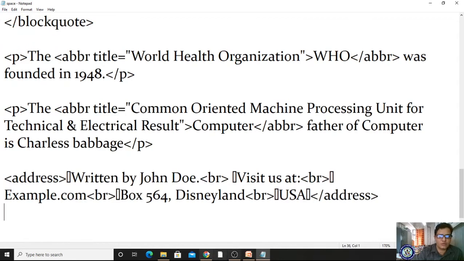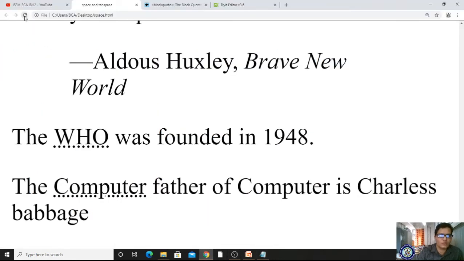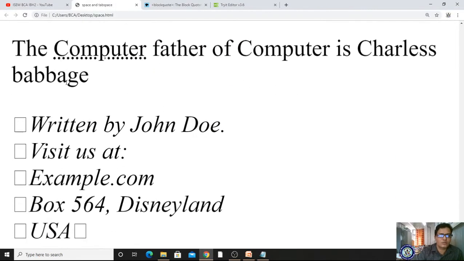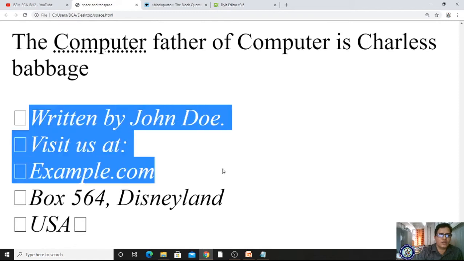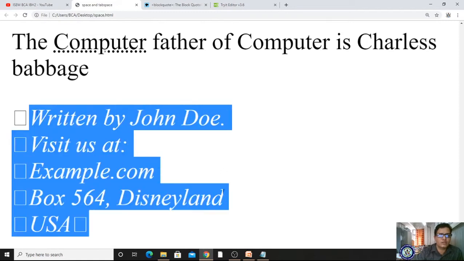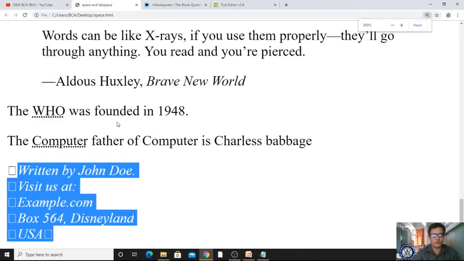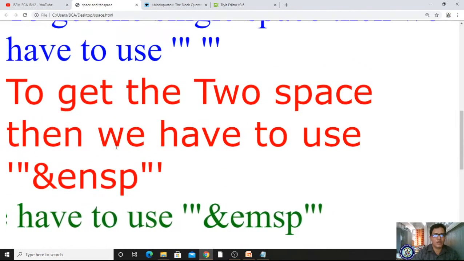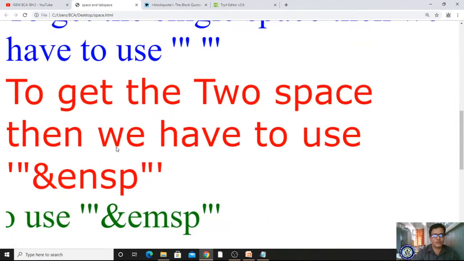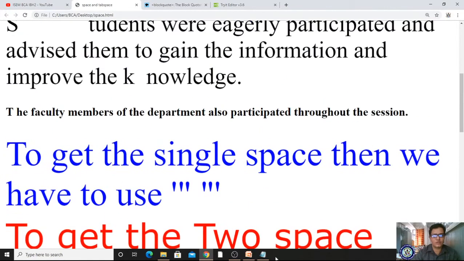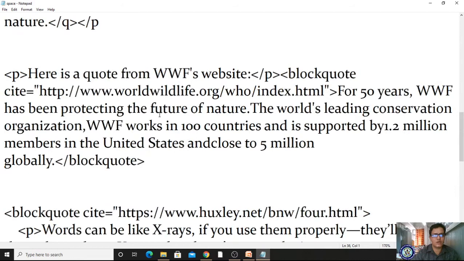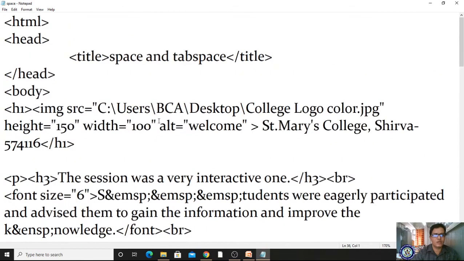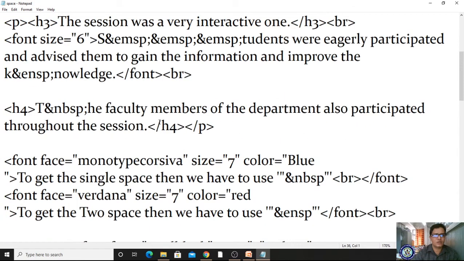Okay, let me see. I'm saving and opening my browser and refreshing. So automatically it has turned italic. Okay, so that text has appeared in this form. Here we have set some font but it has not worked, right? Let me check the font face, Monotype Corsiva.